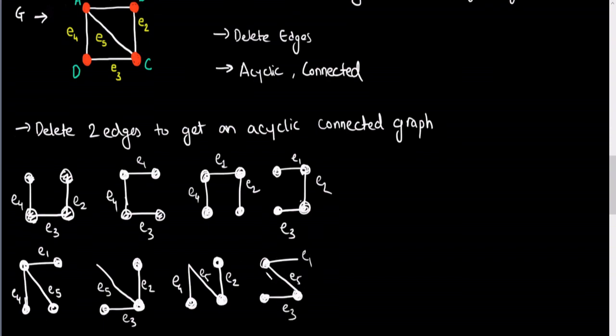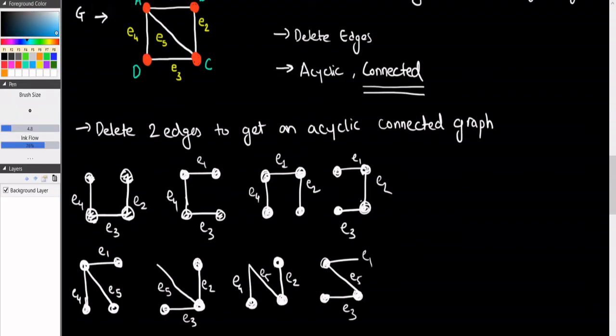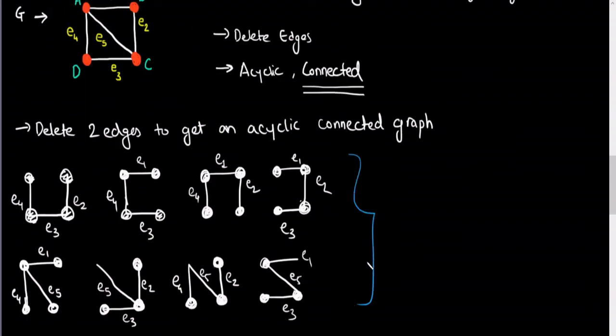So basically, apart from all these, you cannot find any other spanning tree, because if you remove say E5, then you've got a disconnected graph, right? We are not allowed to have disconnected graphs, because for any tree you have to have the graph connected and acyclic as well. So that means that these 8 cases are mutually exhaustive, and you cannot find any other spanning tree apart from these. So we have in total 8 spanning trees. Alright, so I hope this example helped.